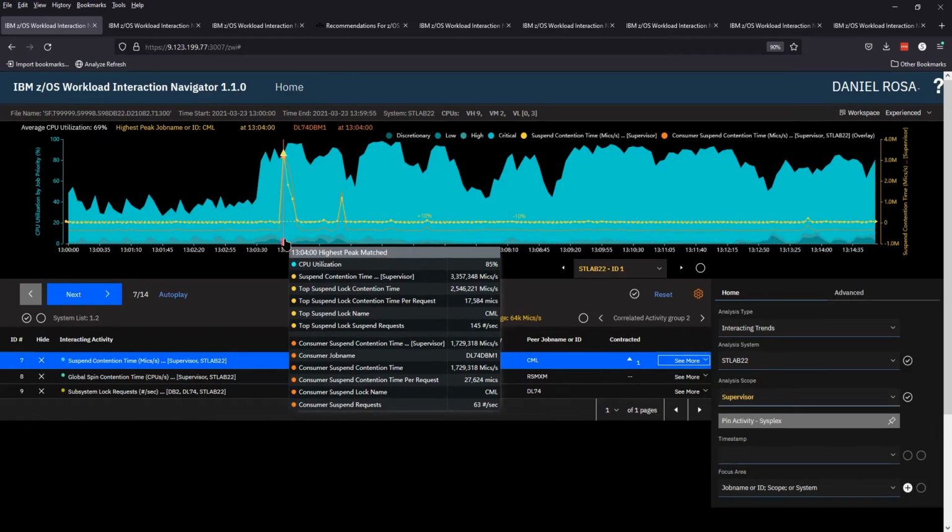We can also see that the consumer job name, in this case, was DL74 DBM1. So the previous system was DL71 DBM1. This is DL74 DBM1, so it's a different DB2 member. We'll see what data sharing group it's part of when we get to the DB2 analysis. But we could see that there is also system resource contention going on for a CML lock on another system in the sysplex, also driven by a DB2 member, occurring at the same time,